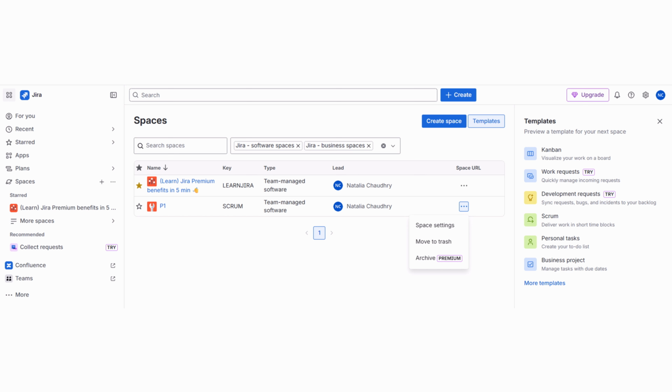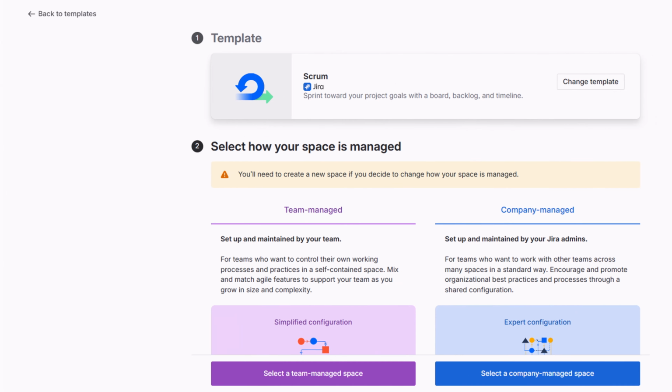You can also explore more templates by clicking on more templates at the bottom. From here you can choose a template based on your project's needs and start building the workflow in Jira Cloud. So I'll choose Scrum. Now in the next step, Jira asks us to select how our project or space